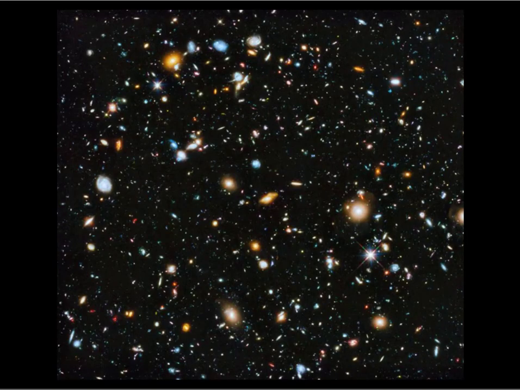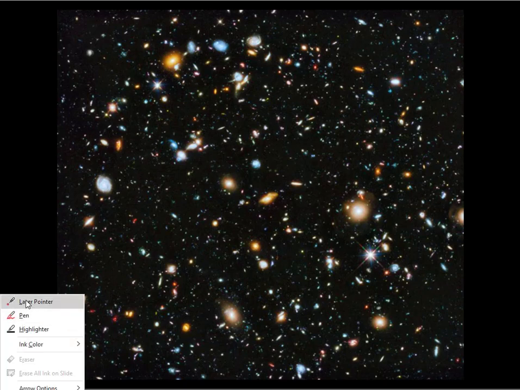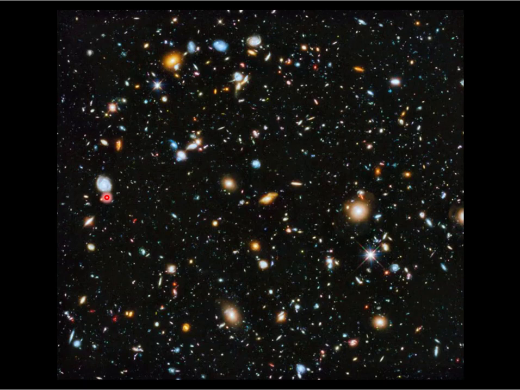So here's the thing. Every point of light in that picture is another galaxy. There is not a star in this picture. They are all galaxies, every one of them. Now, some of them are obviously so. You see that one there is obviously an accumulation of billions of stars like our Milky Way galaxy. There's another accumulation of billions. They're all that. That one right above my pointer really does look like it, right? But they're all galaxies. That little thing, that's a galaxy, right? There's not a star in this picture.